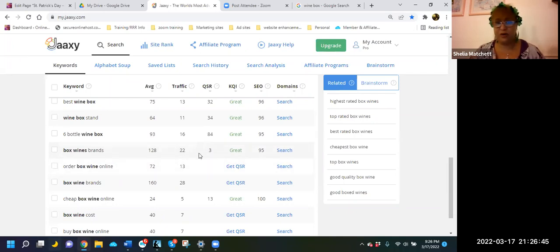You only have 3 people competing that's already ranking with that. With the proper advertising, you've got a 95% chance of getting on the first 3 pages, first 5 pages. With proper advertising, you could beat out these 3. And then the next thing you know, when somebody comes and looks for Box Wines brand, and again, it's a